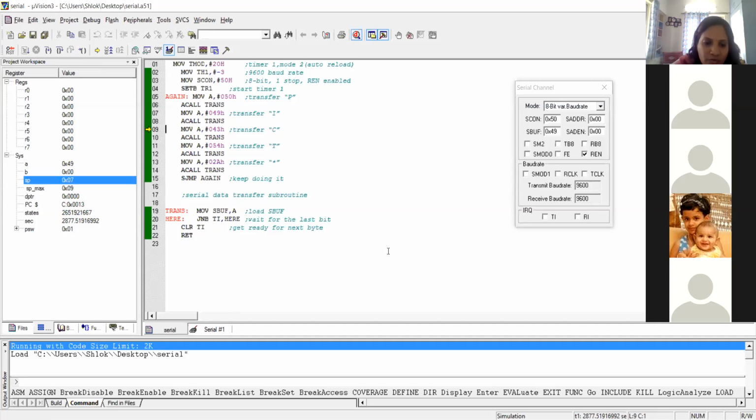Now it is set to 1. There is a step out option: from your routine, if you want to step out, it will go to the next statement after the routine. In this way you can check your execution. All of you getting the basic execution of your serial port programming?